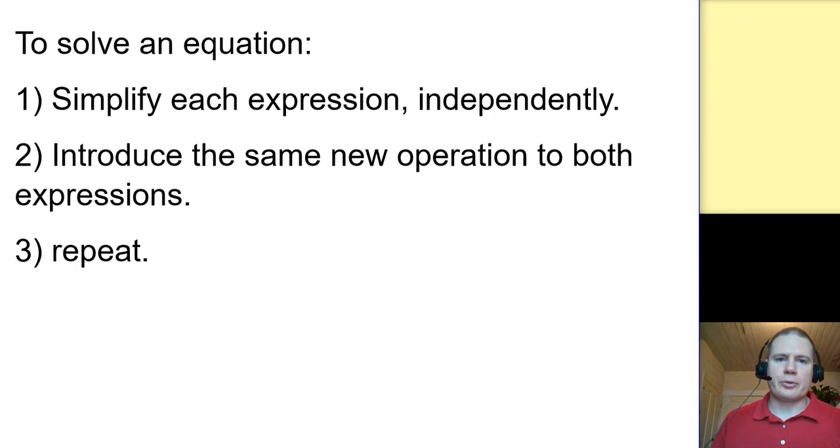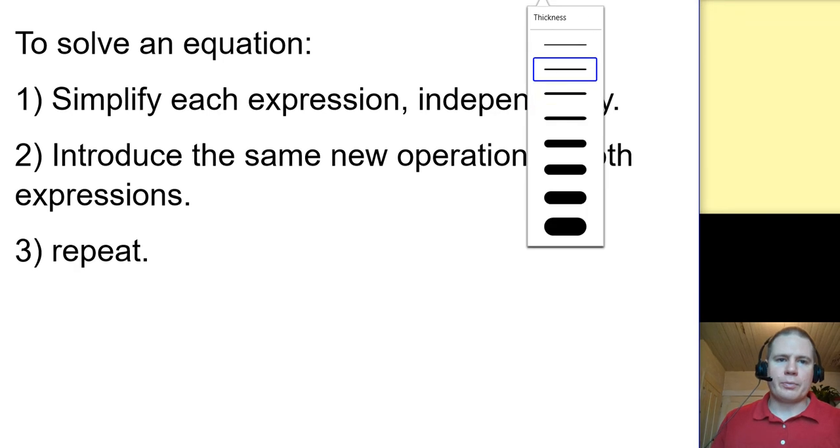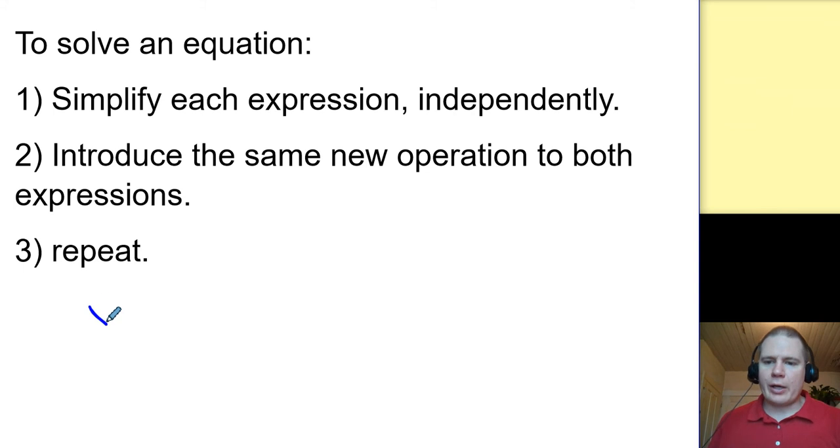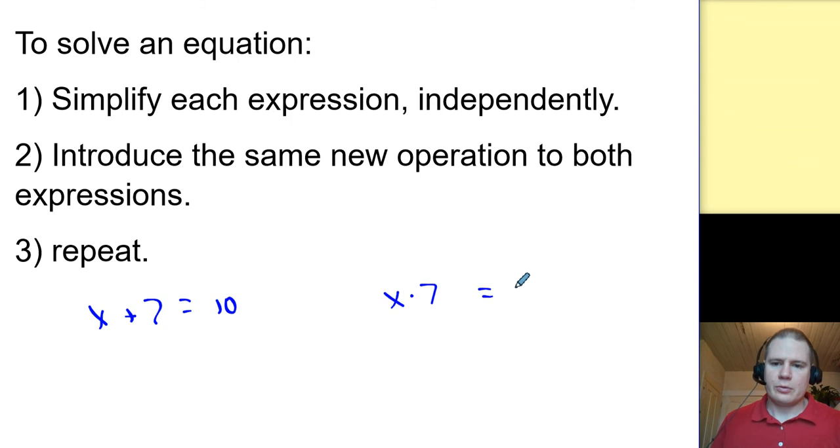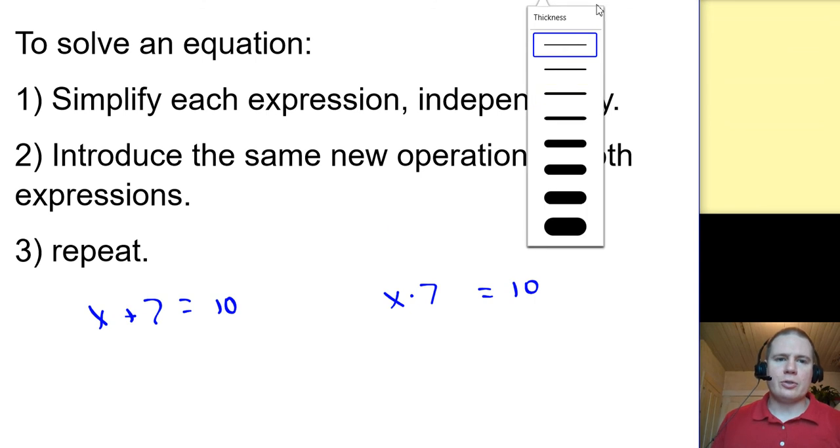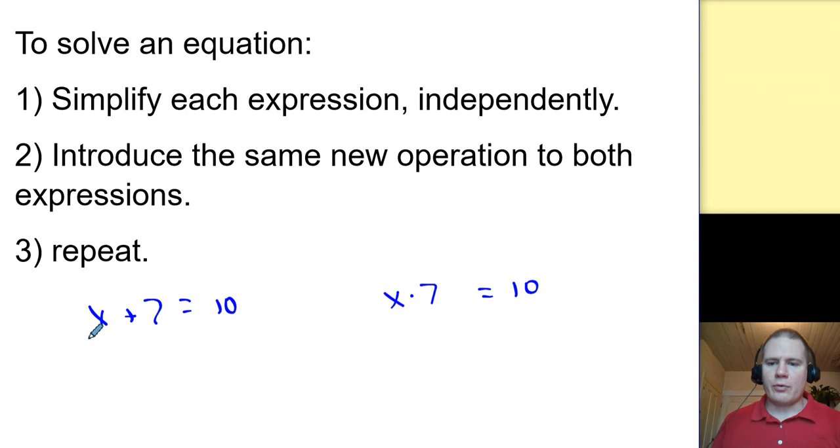But let's get to a few examples of the simpler variety. Right? Let's say I have x plus 7 equals 10, or x times 7 equals 10. I can't simplify this. I can't simplify this. There's nothing to do in step one. Right? I can't do the multiplication without knowing the value of x. What I can do is introduce this new operation here of plus